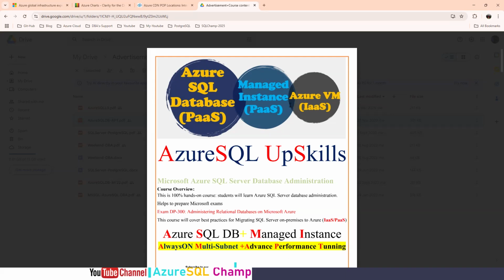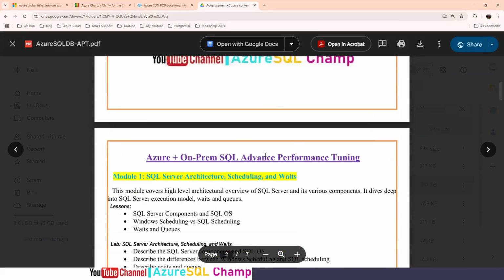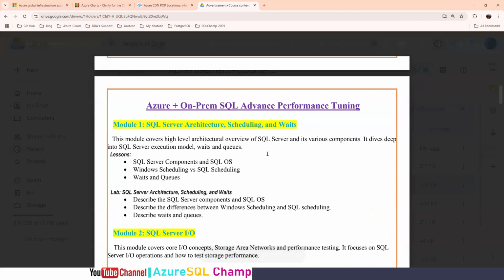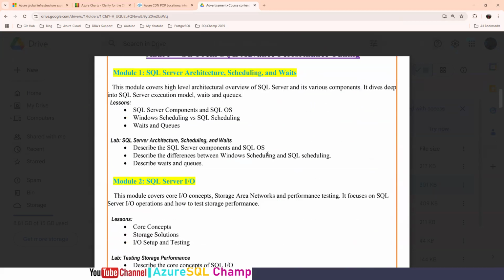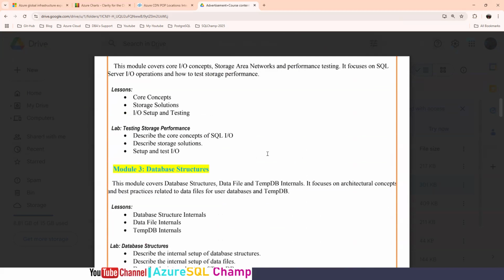On top of Azure, we are going to build the clusters. We will build the Always On availability group on top of the cluster. Not only that, we'll talk more on performance tuning in terms of CPU, memory, IO, waits, and corruptions.